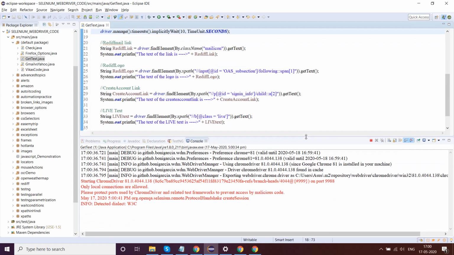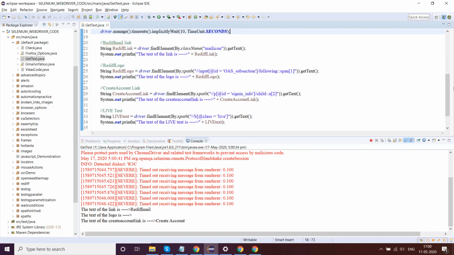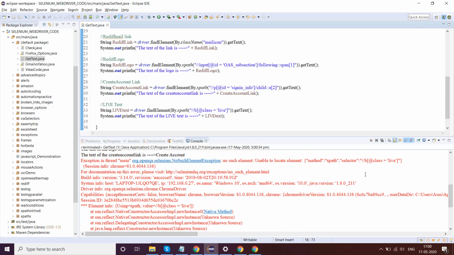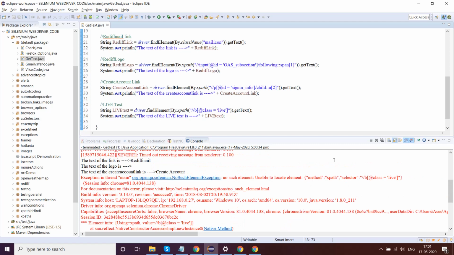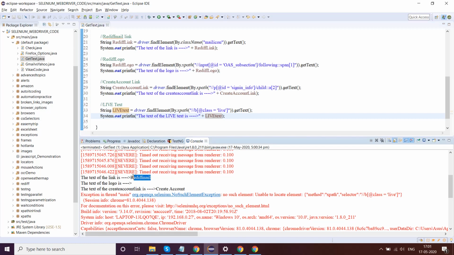Anyways, we are not concerned about the output in the browser, rather we are concerned here. See, it didn't work. It will again fail. But anyways, should we wait or shall I terminate? No, let it be. Okay, it failed. Okay, fine, no problem. So let it fail. But there are certain other differences which we need to see. See, this thing is not working. It is not highlighting. Why? I'll tell you later. Now, see, this rediff link is giving output as rediff mail.